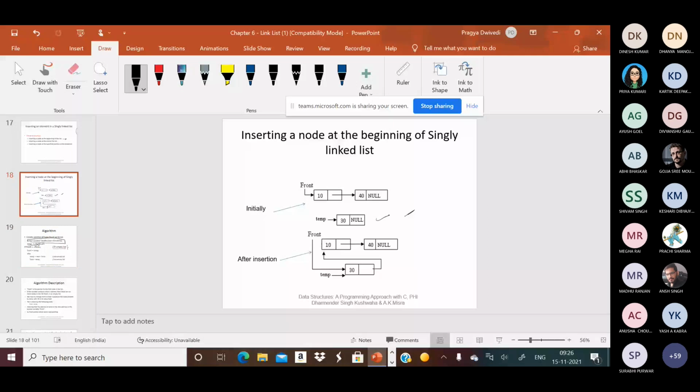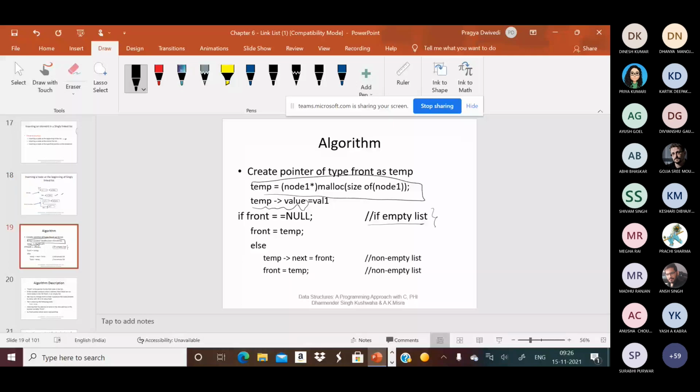Otherwise, when the list is empty and you insert the node at the beginning of the list, what will happen? It is a simple case. We will simply create a node and assign the value to the start pointer. Firstly, we check if start is equal to null, which means the list is empty.